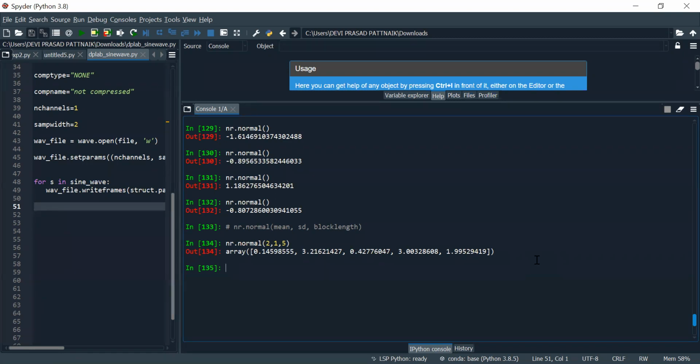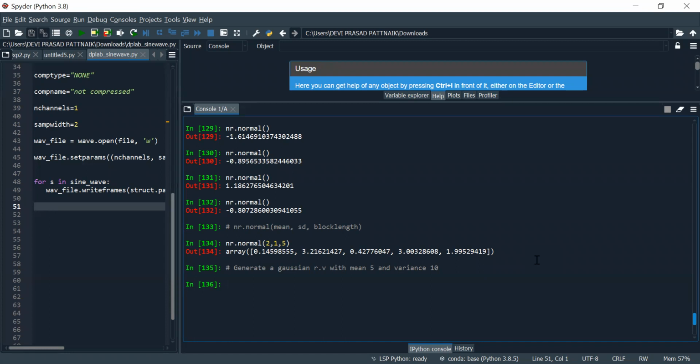If in a question it is given a variance of 3, what will you write? Generate a Gaussian random variable with mean 5 and variance 10.